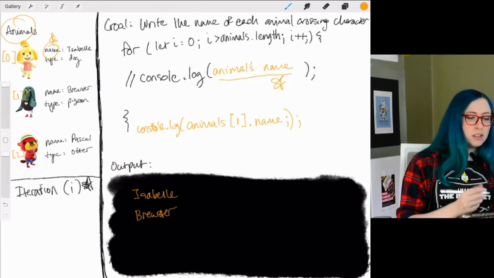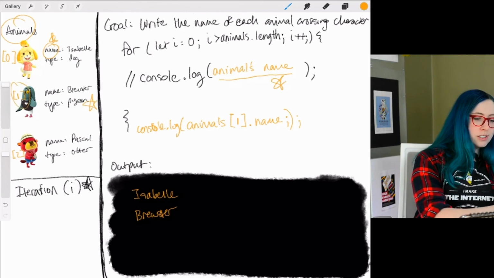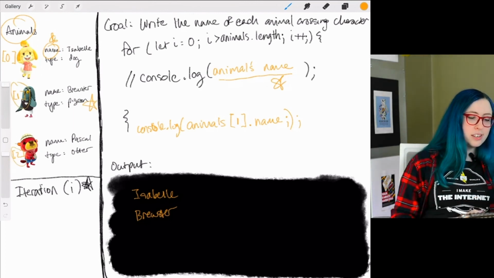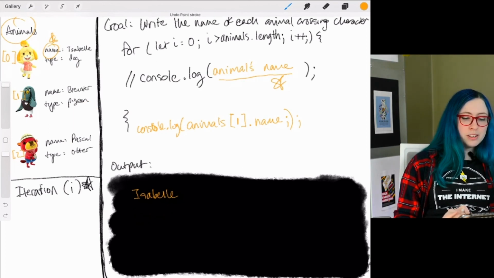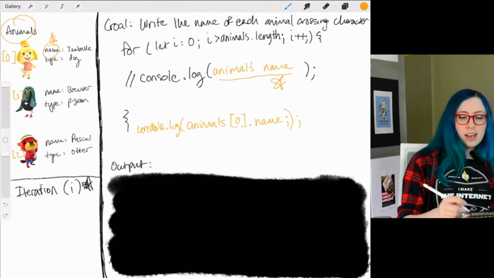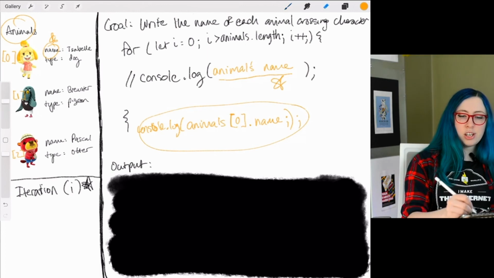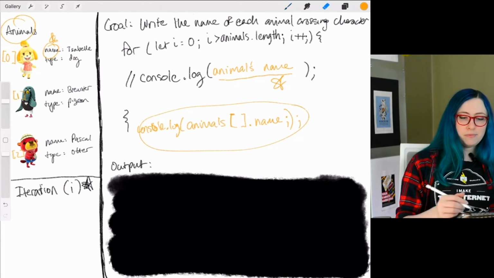And why does that happen? Because Brewster here is at position 1. And you can keep going like that. Here, Pascal is at 2. So knowing what we know now, let's back up a little bit and say, okay, how do we get to that animal's name? We're going to use animals at some position dot name.